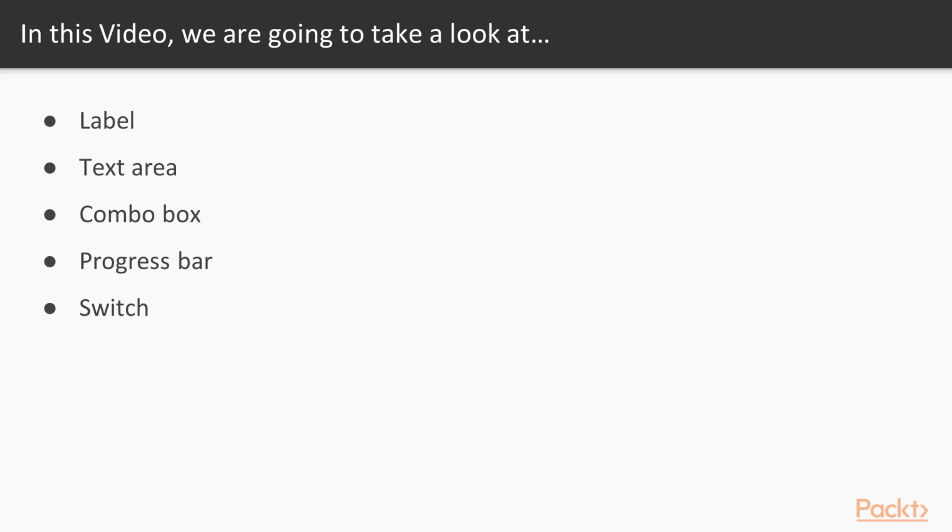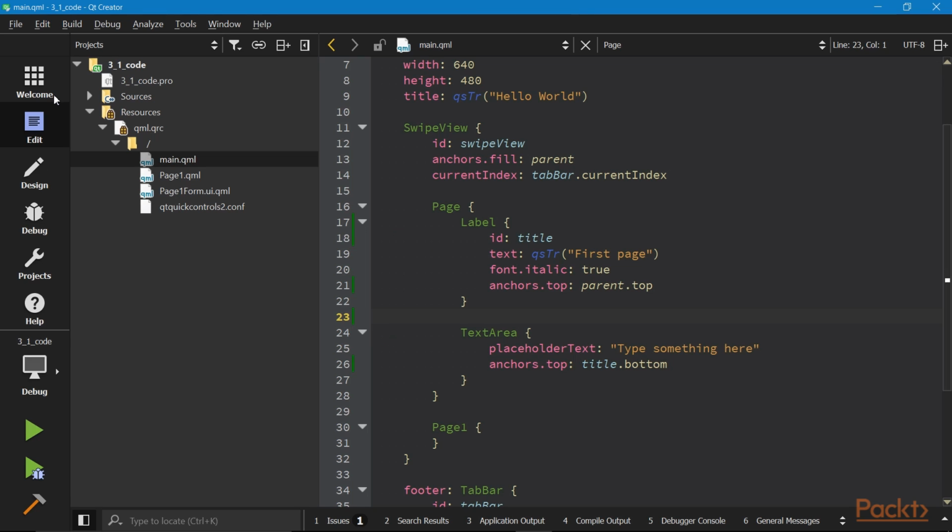So if you're ready, launch Qt Creator and create a new Qt Quick Controls 2 application project. I will show you these controls in the QML documents declaratively. Meanwhile, feel free to use Qt Quick Designer to drag and drop corresponding controls into the canvas if you prefer the design. To make it easier, I put the page object in front of page 1 and change the label